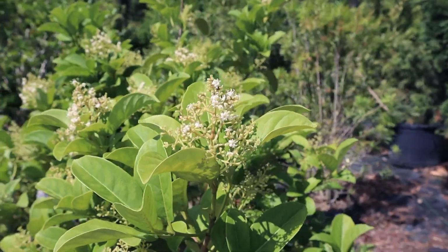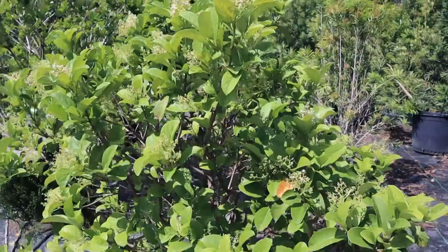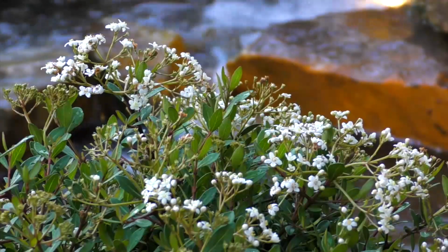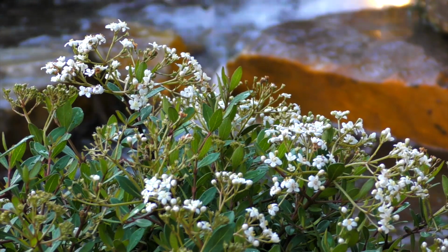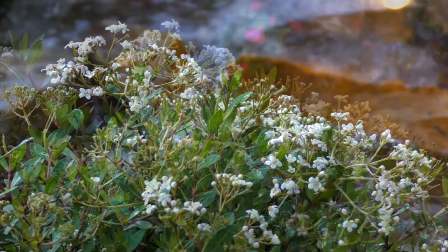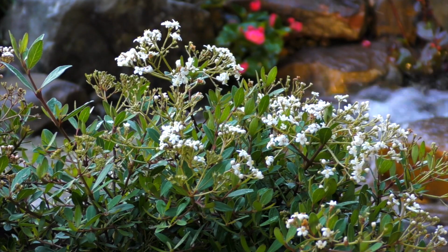So once we come out of winter and the temperatures start to warm up, the flowers pop. They do hold their buds sometimes for a really long period of time. And their buds, when they're closed, are kind of a rosy color, which gives the shrub in winter time and going into spring this really nice look. And then they pop open and they're covered with tiny white flowers. These are a very easy addition to your garden,